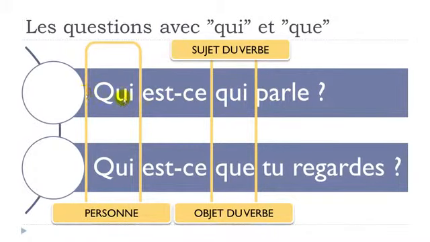All right, so here you want to have the information regarding the person, and then here you want to have the information regarding the subject of the verb, parler. Okay? And here, qui est-ce que tu regardes? So, who are you watching? So, first thing here, because you want to have this information, the information regarding a person, qui est-ce que, and here it will be the object of the verb, so you are watching someone. Okay?